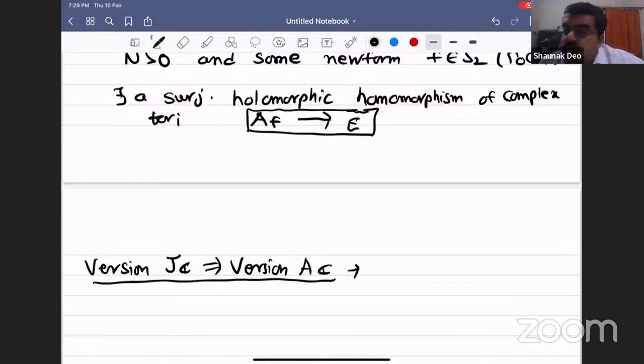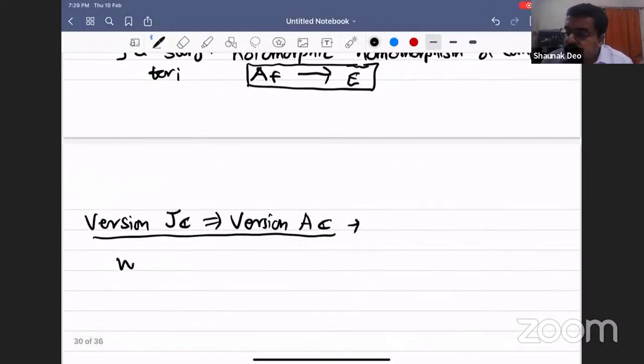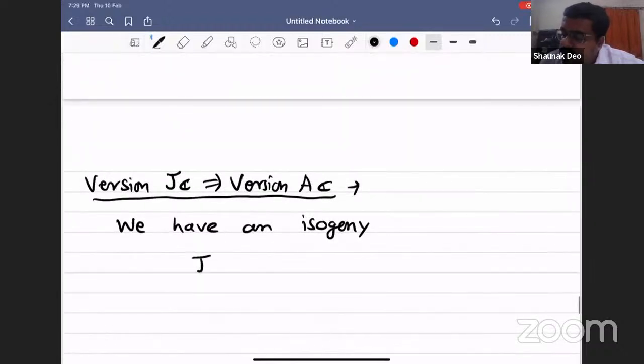Here the big hammer is that we have an isogeny from J naught of n to, okay, wait. What did I? Okay, no, nothing, which is good. I'm yet to define that notation. Okay, sorry. So, continuing, we have an isogeny from J naught of n to a direct sum of these quotients